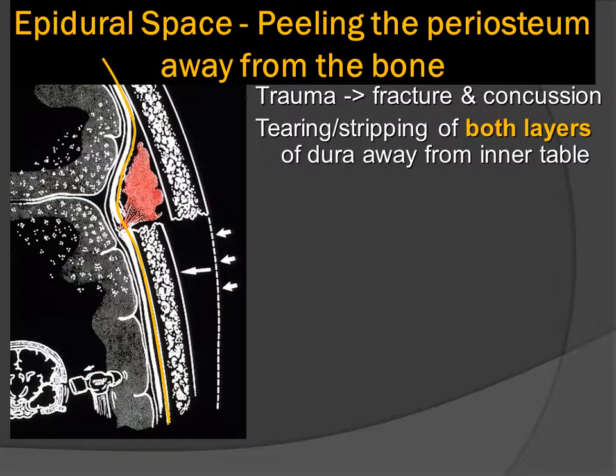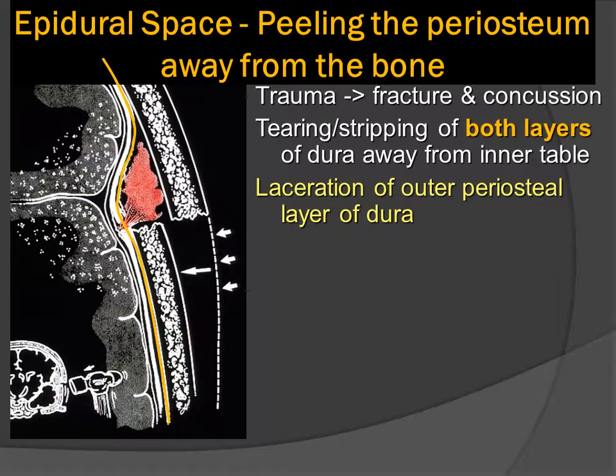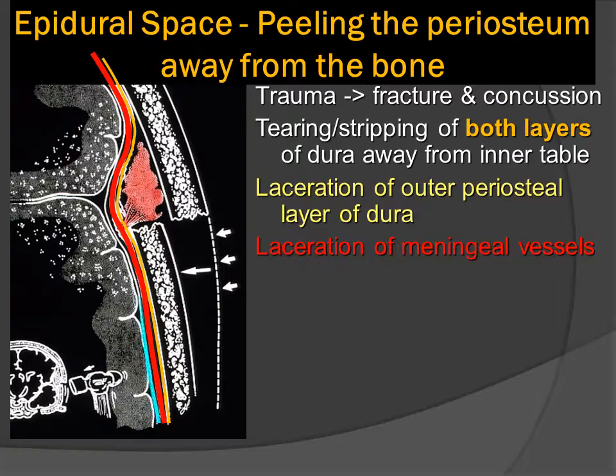As the fracture is created, there is mechanical stripping of both layers of the dura, the periosteal and the meningeal dura, away from the bone. There may be laceration of the outer or periosteal layer of the dura. The meningeal arteries, which are between the two different layers of the dura, may be lacerated. The inner or meningeal layer of the dura is a little thicker and a little bit more elastic, and it